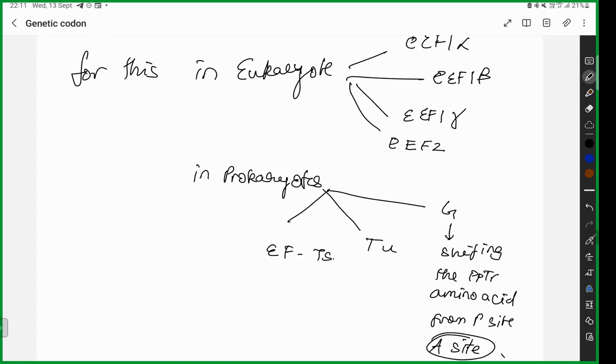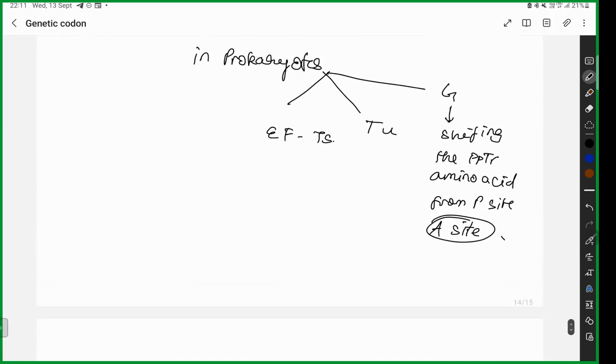So you need 4 high energy phosphates for the addition of 1 amino acid to the growing polypeptide chain. Similarly, for each amino acid add-on, you will be utilizing 4 ATPs. This is what I want you all to remember at the end of this discussion. Once you understand this, what happens?